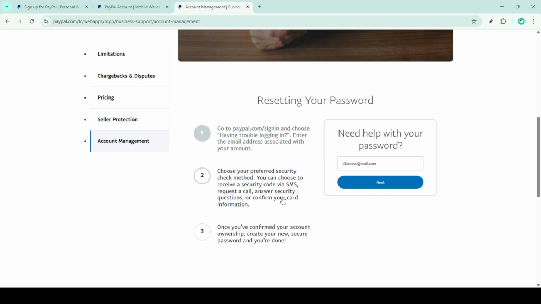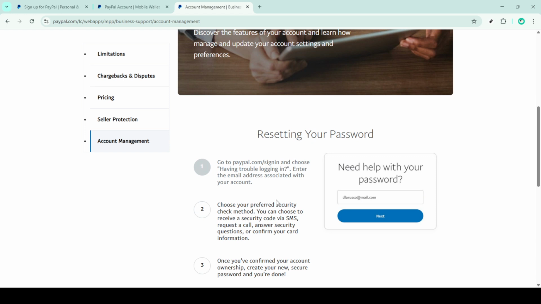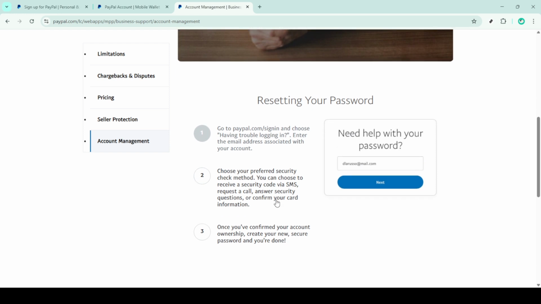If your choice is to have an email sent, PayPal will dispatch a verification link to the primary email address linked to your account. It is crucial to check your inbox thoroughly, including the spam folder for this email. It can sometimes land in unexpected places. Once you locate the email, follow the embedded instructions carefully to reset your password. Typically, this involves clicking on the verification link which directs you to a page where you can set a new